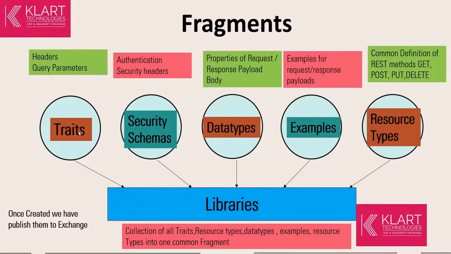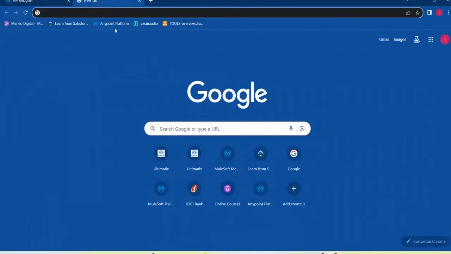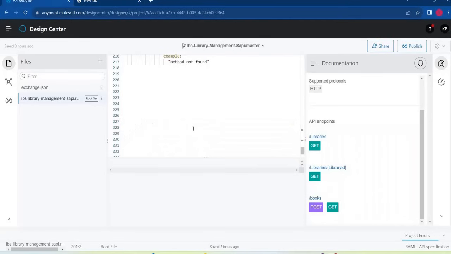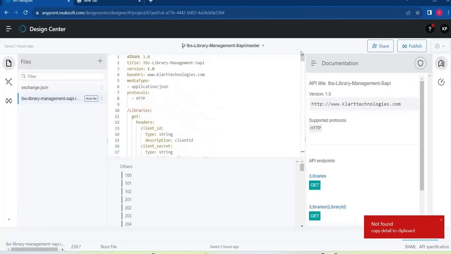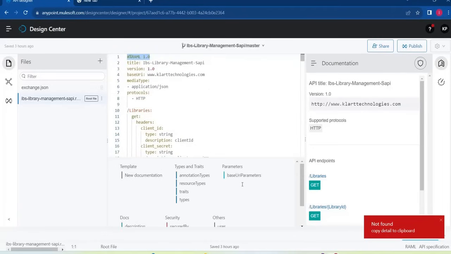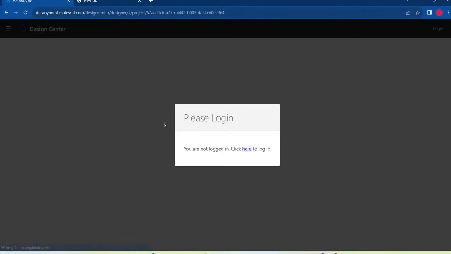So as of now, what we have done is we have created one RAML, right? This RAML REST API is nothing but an API specification. It means it is the actual RAML. Whenever you see the first line RAML 1.2, this is an API specification. It means this is the main RAML, this is the actual RAML. But whenever you are going to create